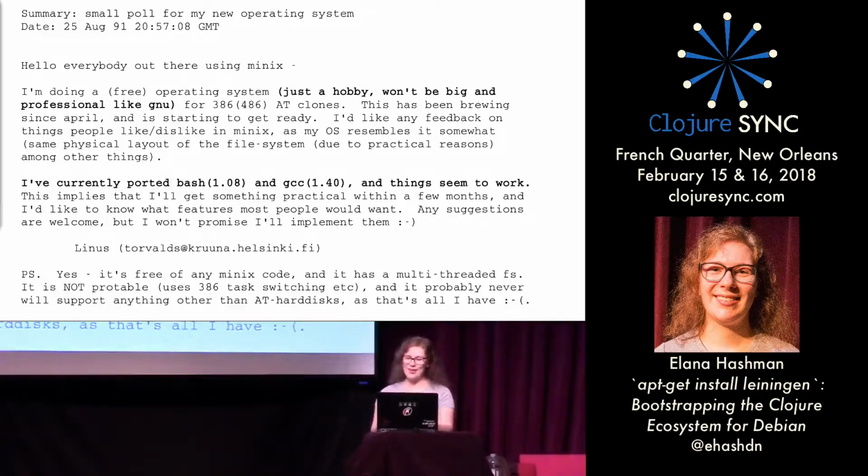It comes with no batteries installed. All we've got is a copy of Bash, the GNU shell, and GCC, the GNU C compiler. A shell and a compiler are kind of the bare minimum for being able to run a computer at all. Whereas compared to commercial alternatives in the early 90s, Windows and Macs came bundled with lots of powerful software, much of it with GUIs. And here we have this hobbyist student project that barely has a functioning command line, let